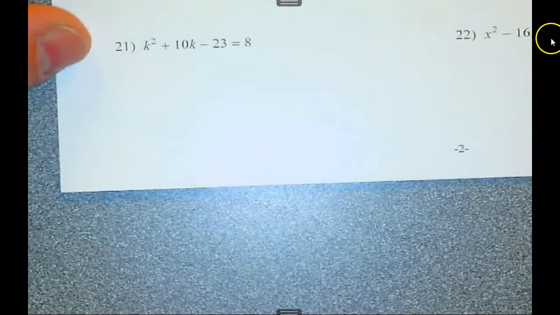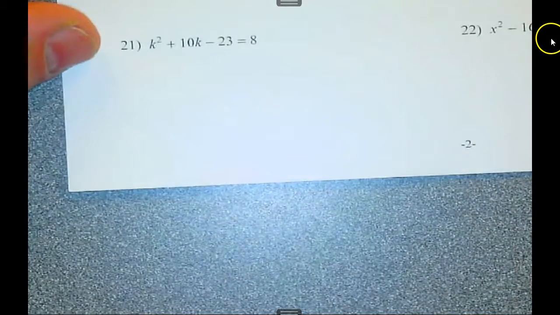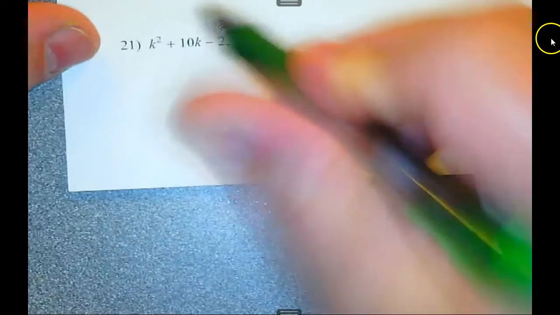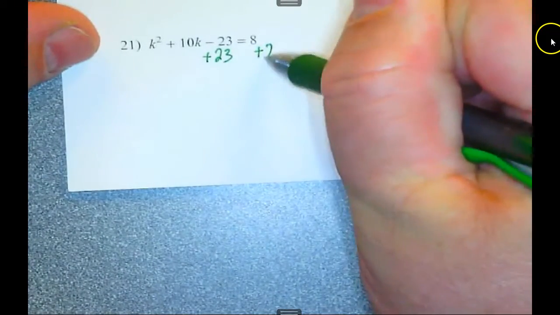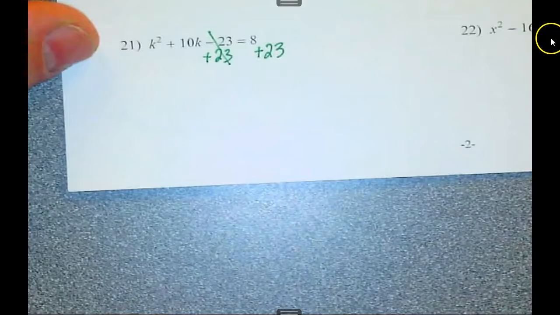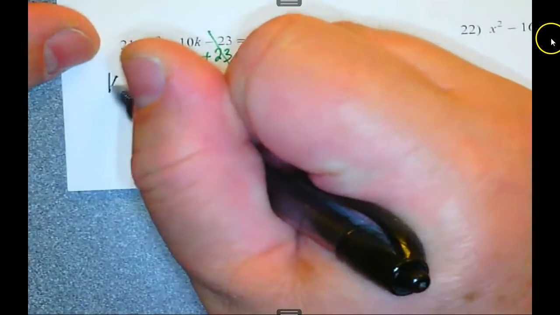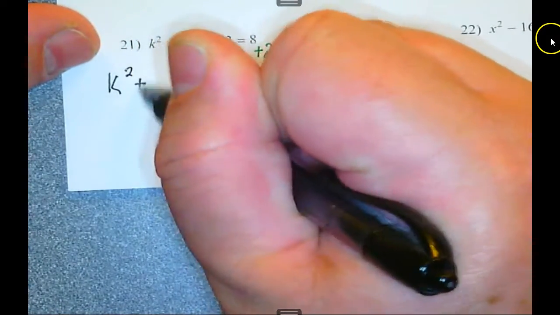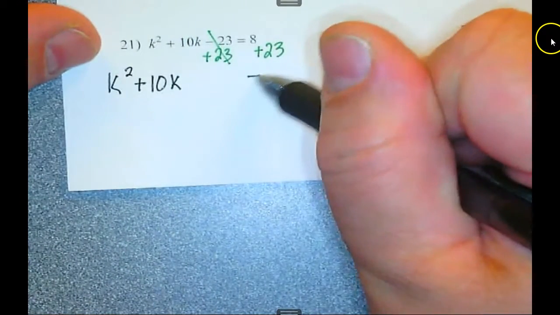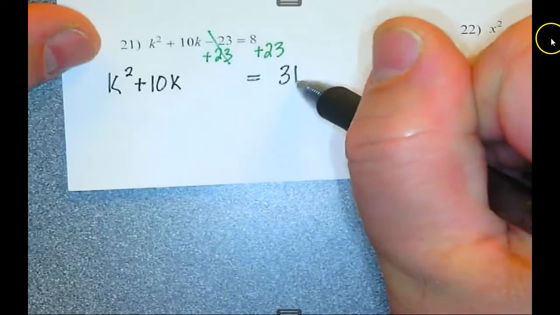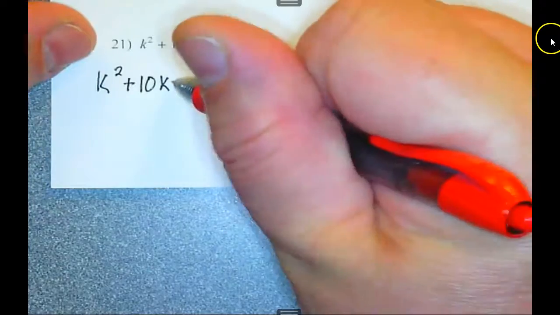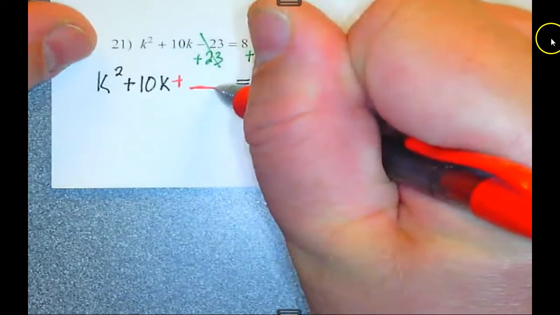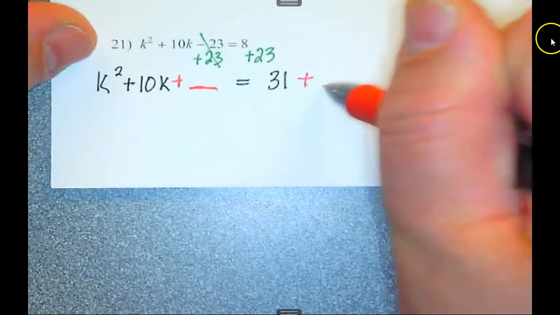All right. I need to get that 23 to the other side, so I'm going to add 23 to both sides. Okay, so I get k squared plus 10k equals 31. I'm going to add a c to it to make my perfect square trinomial. So I'm going to have to add c